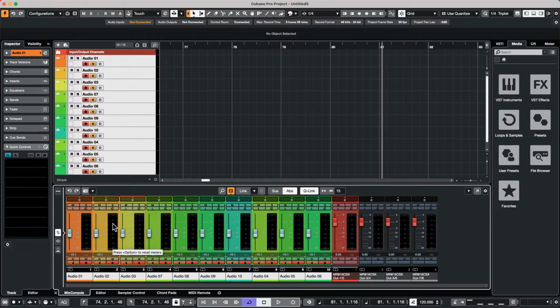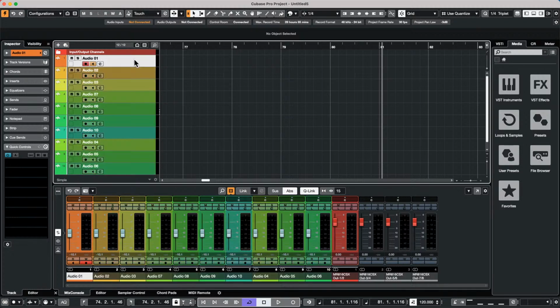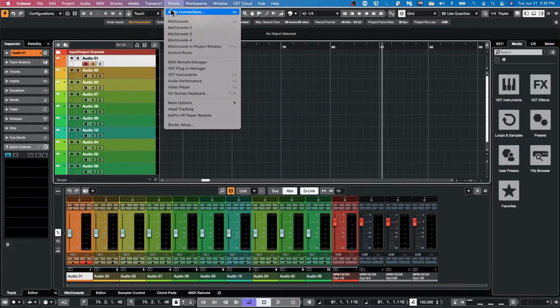Okay, so we had a question. How can I change inputs on several tracks at once? For example, for a quick drum session on my old DAW, I would make about 8 or so tracks and cascade the inputs with Shift, Option, plus Command, and select the first input. Thanks in advance. Okay, so if we want to cascade inputs,